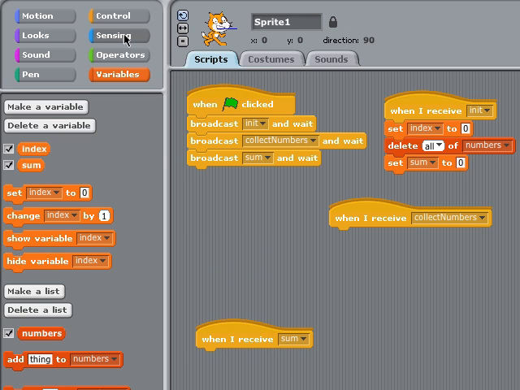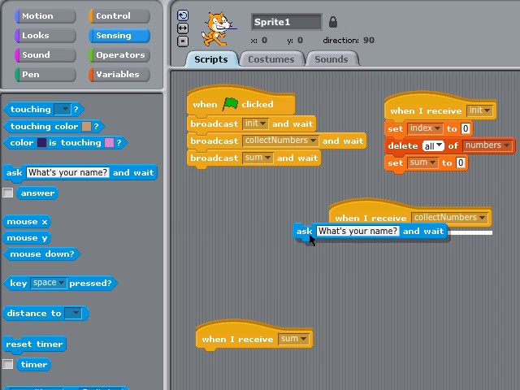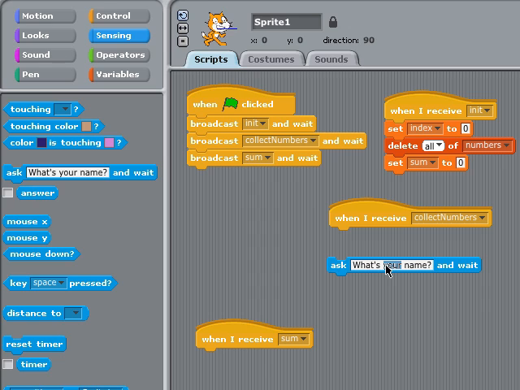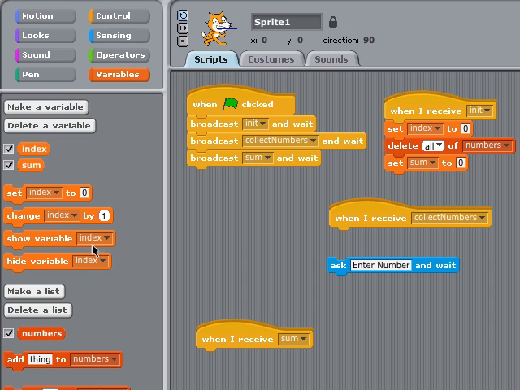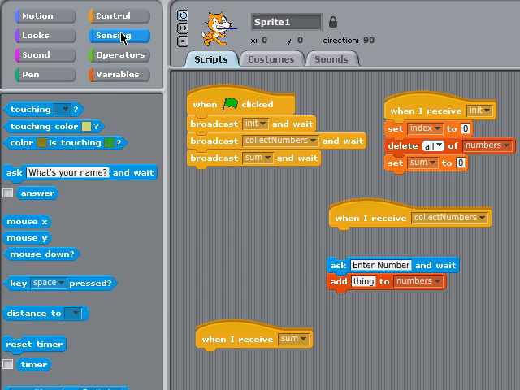Now let's collect. So I'm going to go to the sensing, and we're going to ask them for a number. Enter a number. Whenever you ask the end user for something, the answer is the value that the end user entered in. When they hit return, then you get that value. So we're going to set the value into the list. So we'll use the add. That was under variables, now we're going to sensing, add the answer to the list